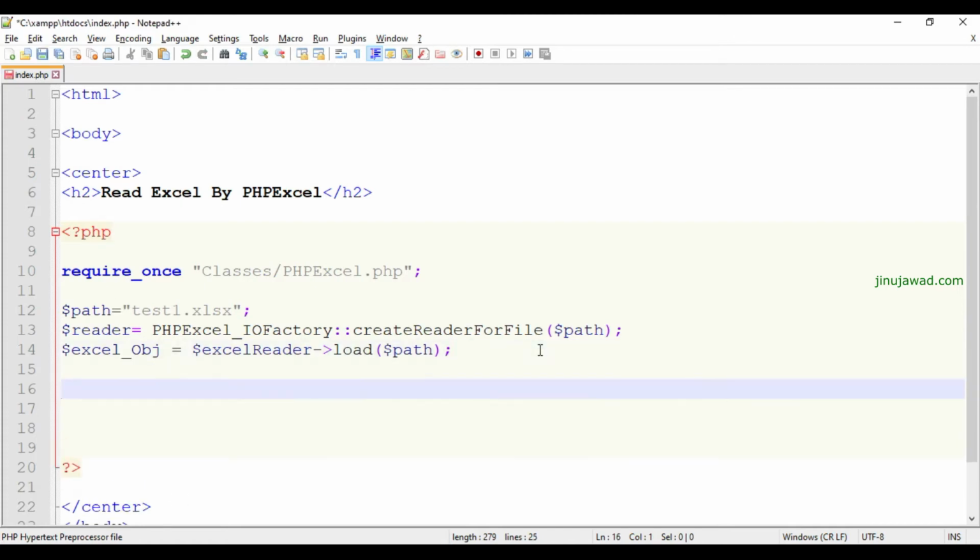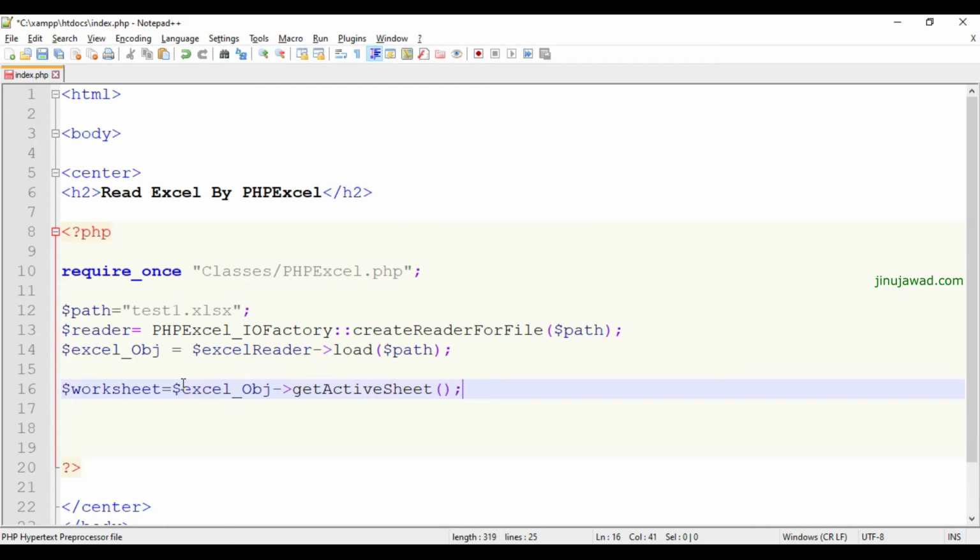Now we have to create a worksheet variable to get the data of the sheet of the Excel. It's done like this: worksheet equals, and we have created the Excel object, and from there we are calling getActiveSheet.